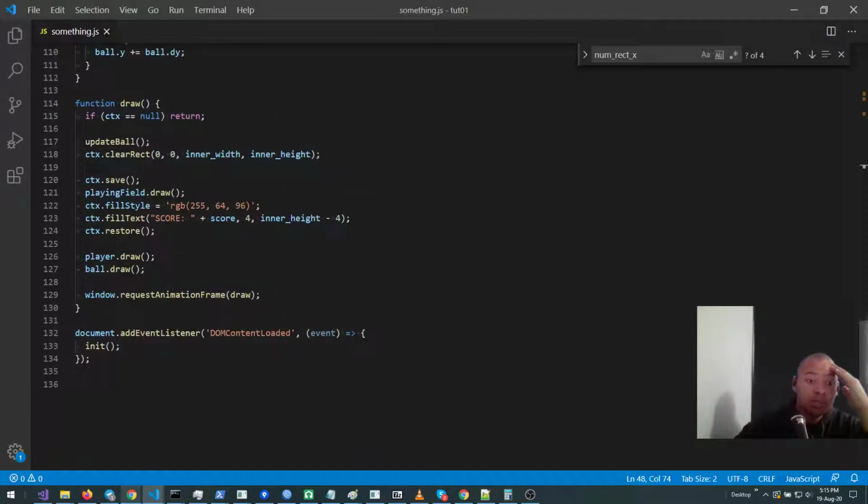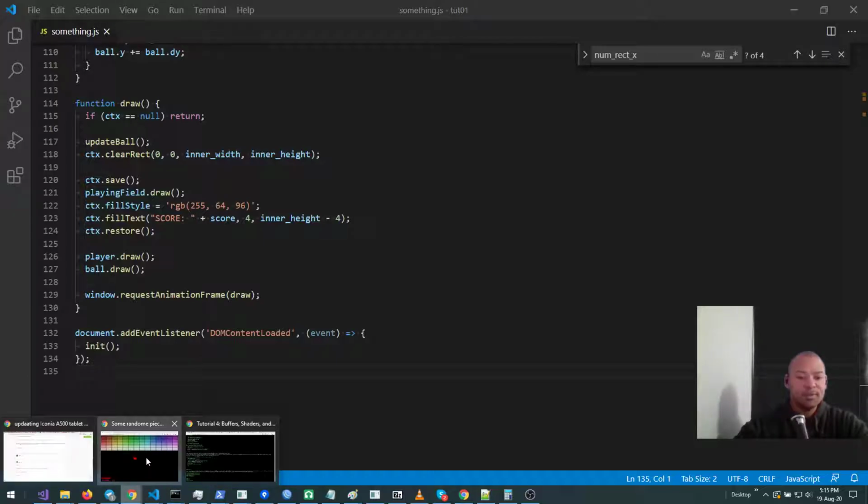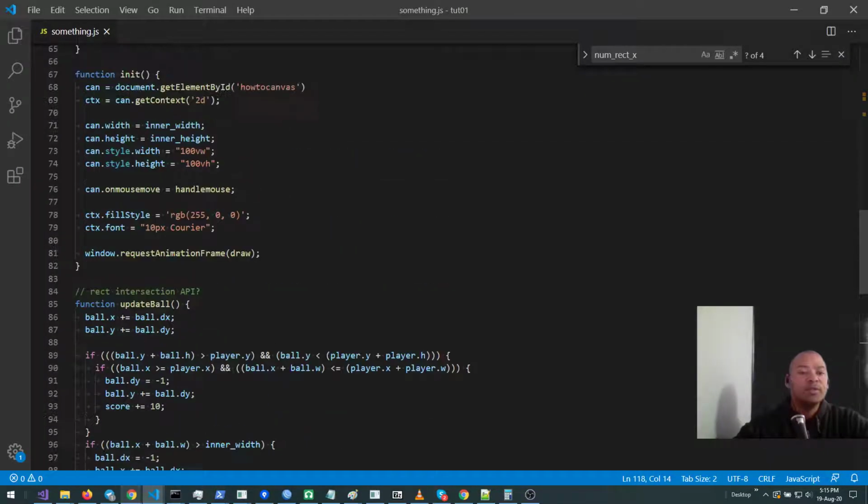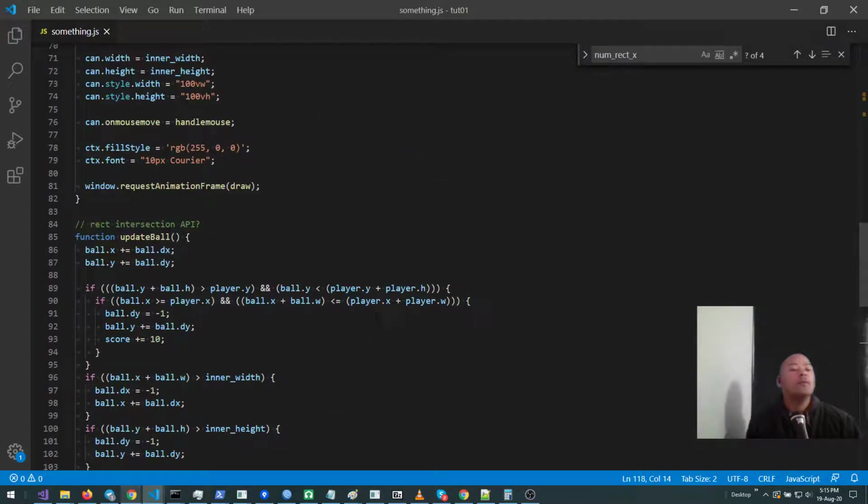Oh my word, I was actually fairly consistent with using ball dot width. Okay, so let's just see this. Much better. Much better. It also looks neater now that the ball is virtually the size of one of these rectangles. So what we need to do now is say, is the ball